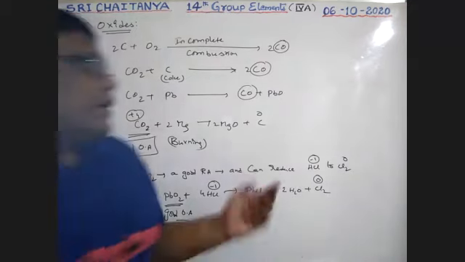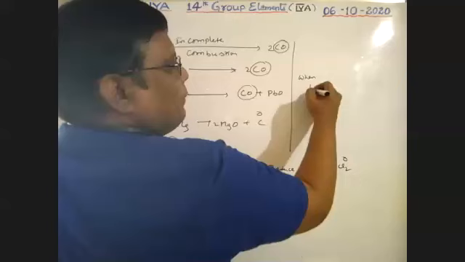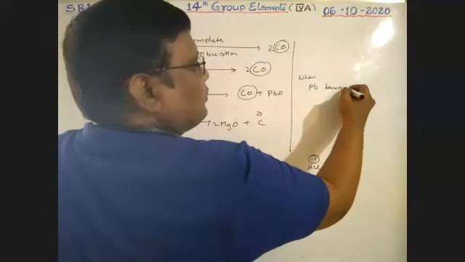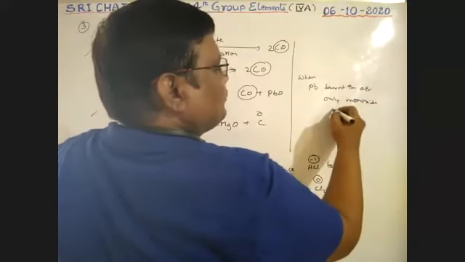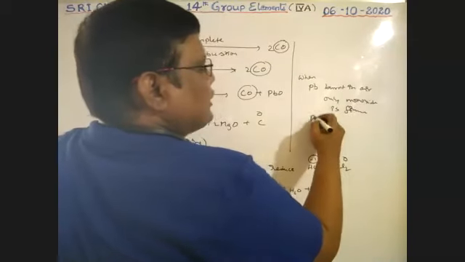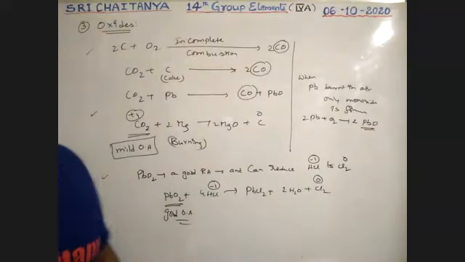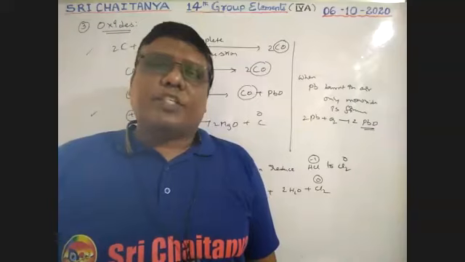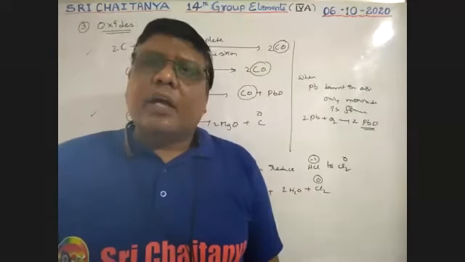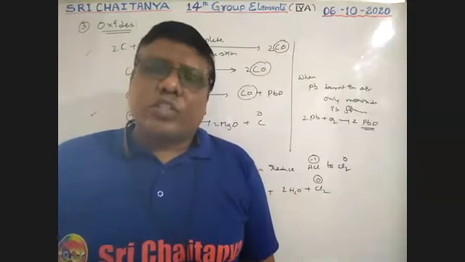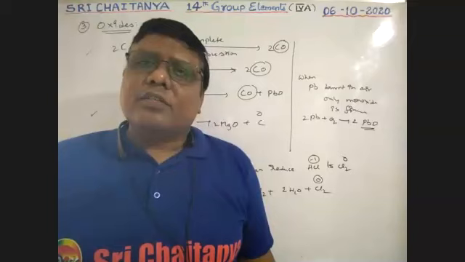Okay. Next, when Pb burns in air, only the monoxide is formed. That is, Pb plus O2 gives only PbO as the product. Lead monoxide is the only product, boys. So this is about oxides and dioxides. Already we explained the CO2 and SiO2 structures, the CO2 and CO structures, at the time of previous topics, boys. All of those are important.